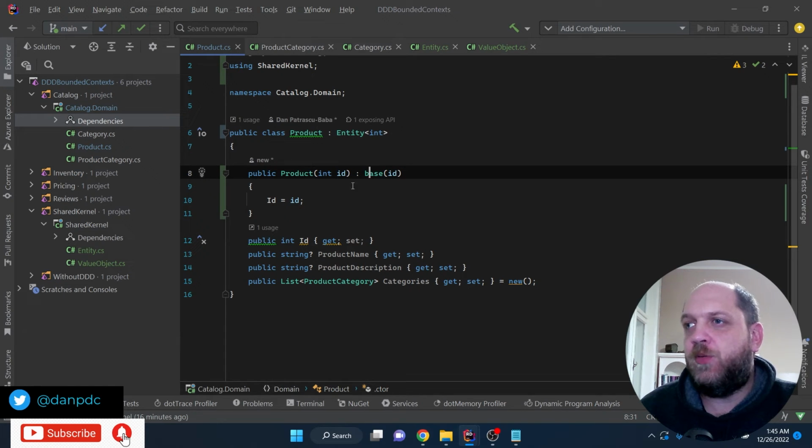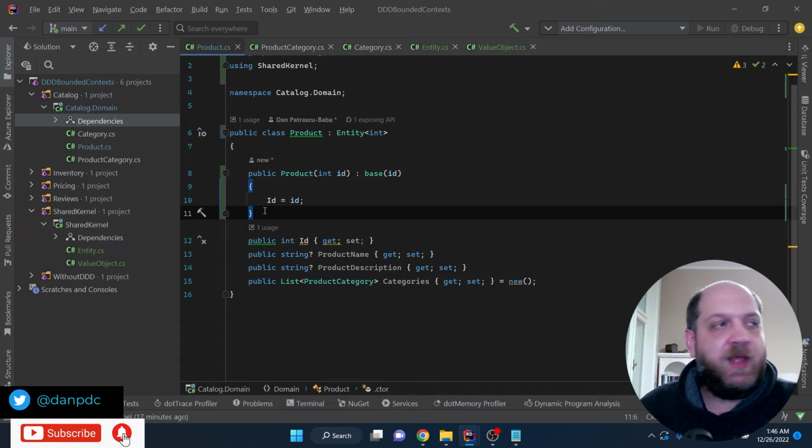Right now, our product is, from the point of view of domain-driven design, an entity, because we have implemented this entity class that checks the equality based on the identifier and doesn't really care about anything else. Cool. Now that we have this entity,